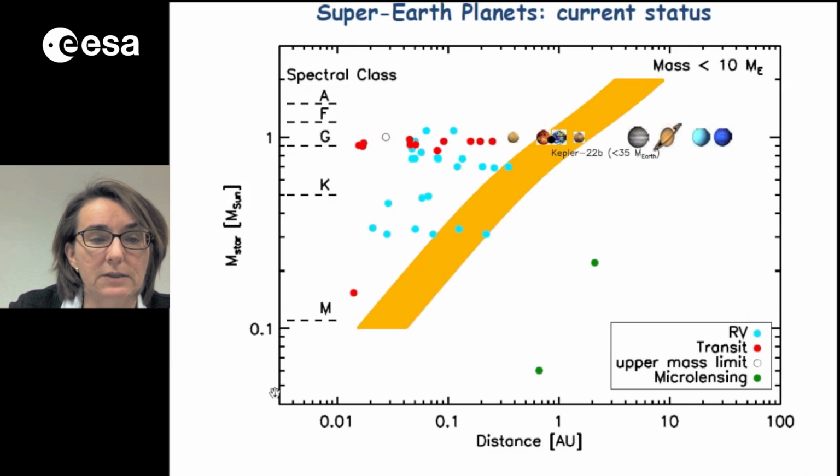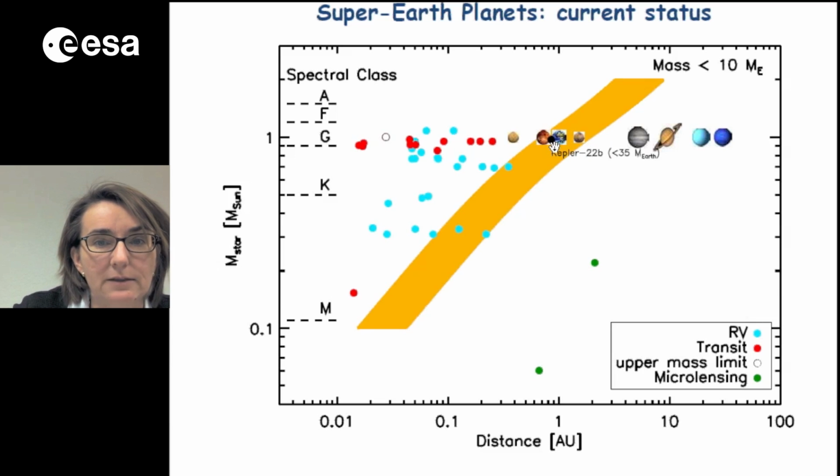It's showing the mass of the star here, the distance of the planets, and now the green band shows the location of the habitable zone. We have again the solar system: Mercury, Venus, Earth, Mars, and the gas giants, and Earth, Mars, and Venus are in the habitable zone. If we take it over the history of the solar system, here the black dot is